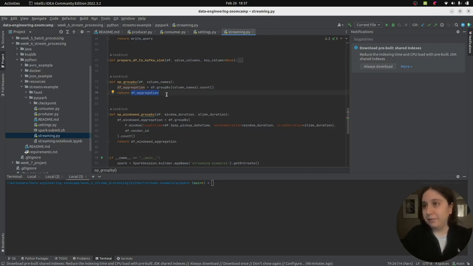This DF aggregation is still a query type. It's not a direct data frame. To be able to read it, we need a write stream operation. Likewise, windowed group by is also the same, except nothing changes in the logic or with the data types. But here, Spark allows us to specify windows based on time-based columns. For example, in our data, the pickup date time is a date time, and we can use this as a window